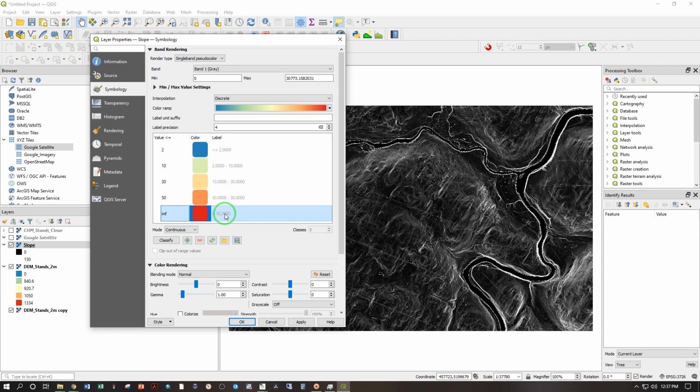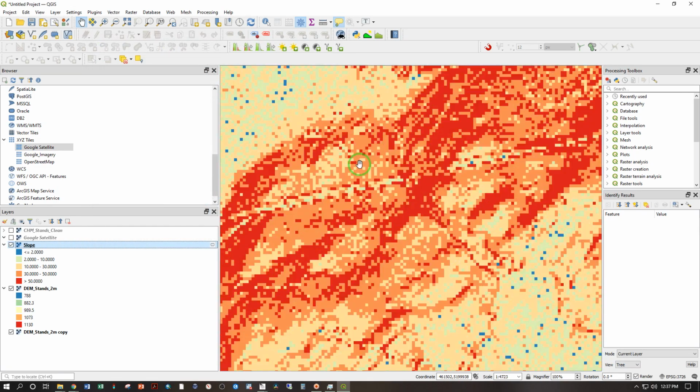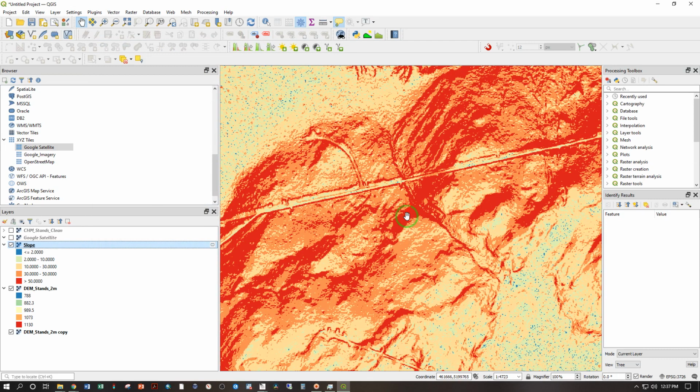Over 50, that's another threshold. Maybe your most well-suited to slopes equipment is not appropriate to that. There are self-leveling harvesters, that kind of a thing, that can work on pretty steep slopes. Whatever their upper threshold is, gets the red color. Apply. And then, okay, so now let's go ahead and zoom in here, and we see we have some steep